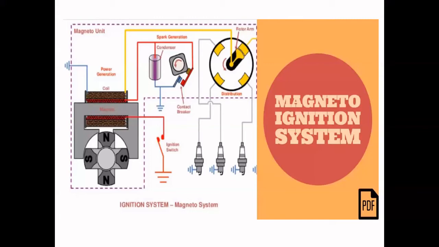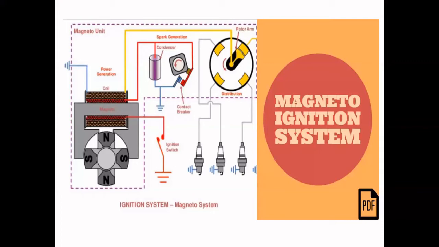You can see the transformer core, and you can see the cam. From the rotor, this yellow line is coming and it is connected to the core coil. So this is the cam. And you can see the spark plug.